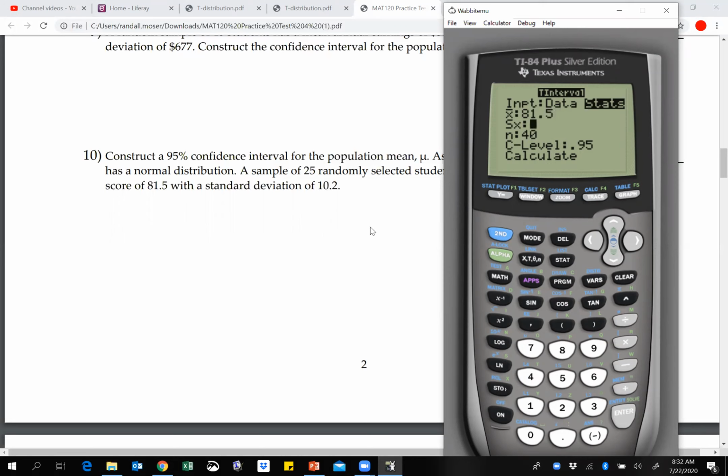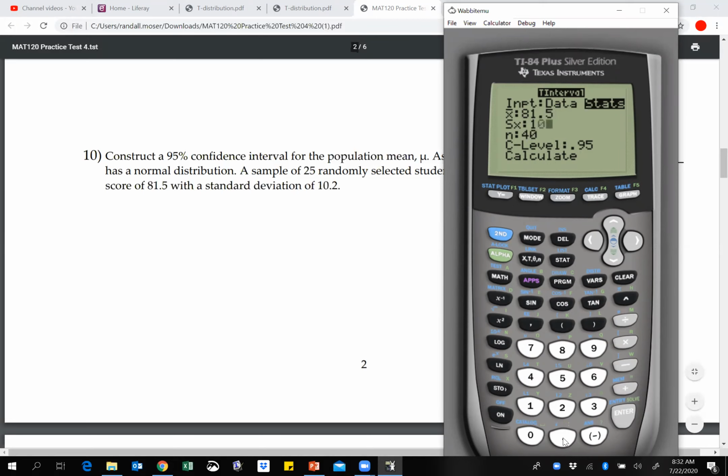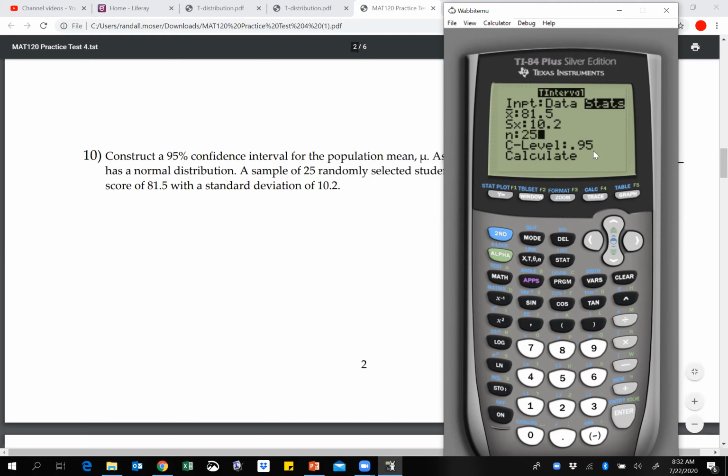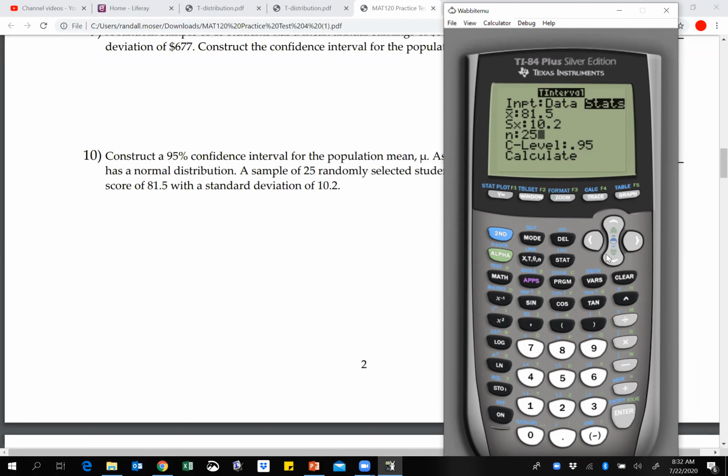Our standard deviation was 10.2. Our sample size was 25. And we're doing 95% again, so that's going to be 0.95 for our C level. We go ahead and hit enter to calculate it, and that would give us a 95% confidence interval of 77.29